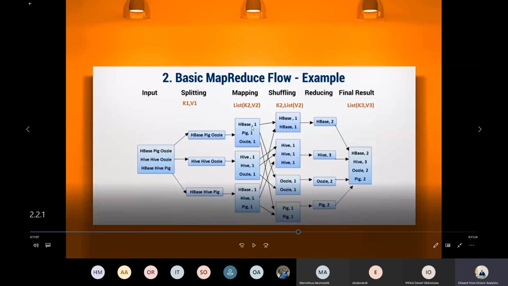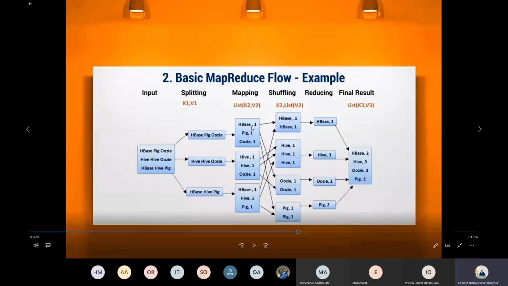So that is what the mapping is doing. You are mapping each character, each string, to a particular value called 1. Most of the time it is always 1 when you are mapping a function. And the interesting part is when we are now moving into shuffling, the shuffling is now going to pick what